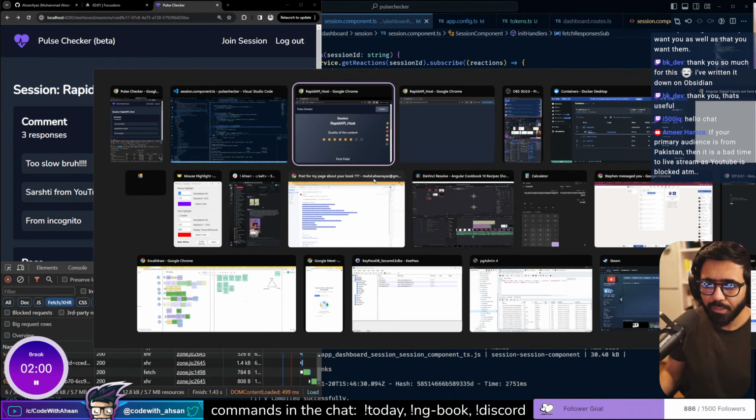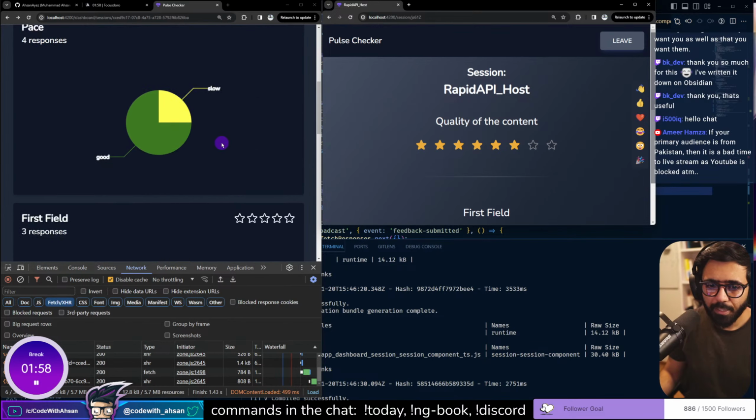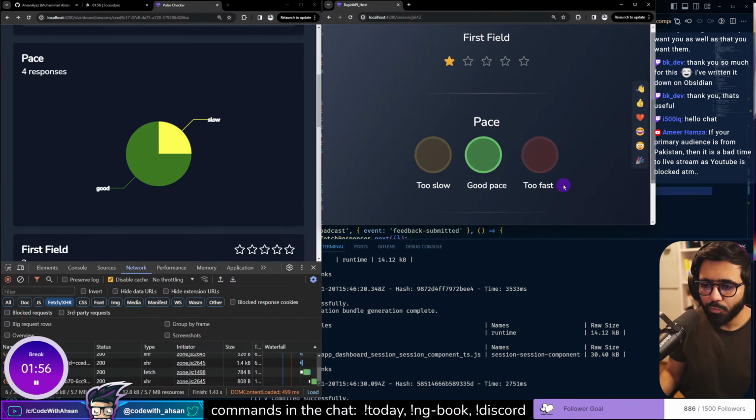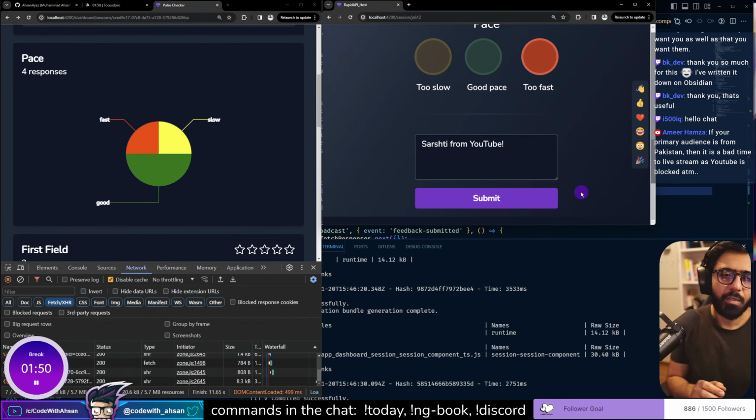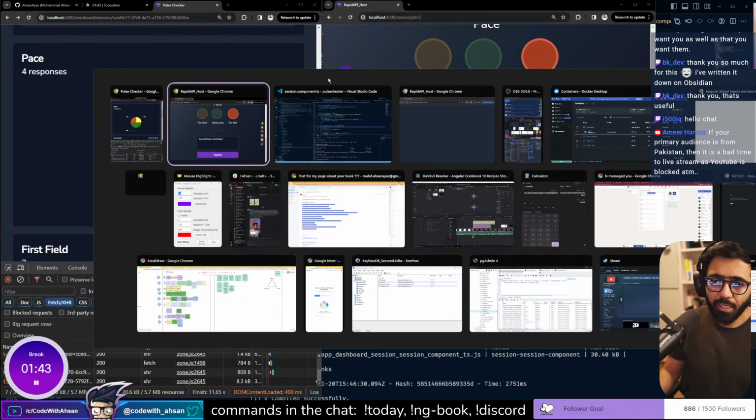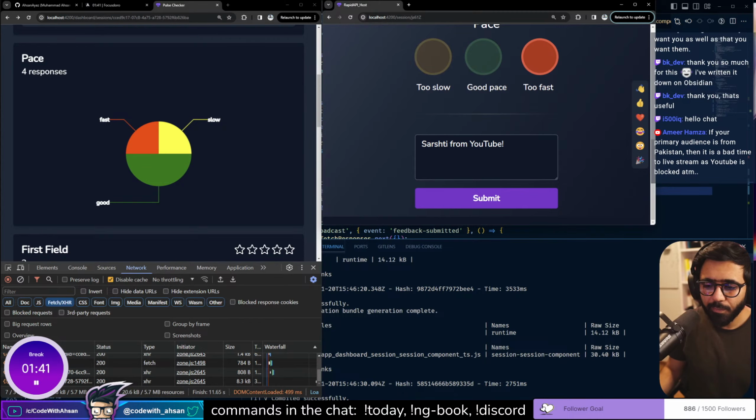So let's try this once more. If I change this guy from green to red, let's say submit 1, 2, 3. There we go. So it is still using the 3 seconds debounce as before, but now we are providing the value as a constant. Okay, so now that I have this, I can actually remove a bunch of stuff from